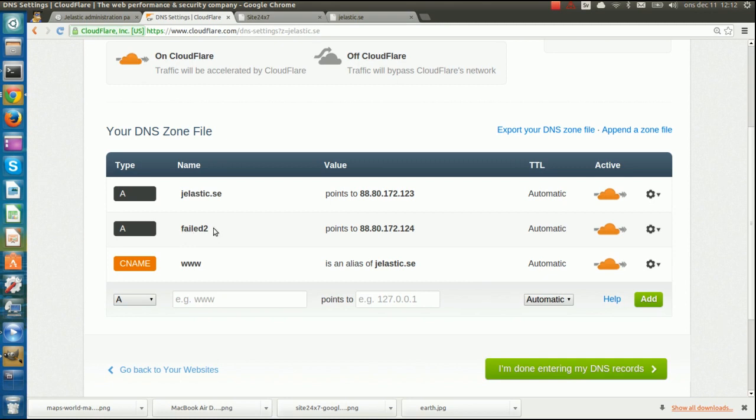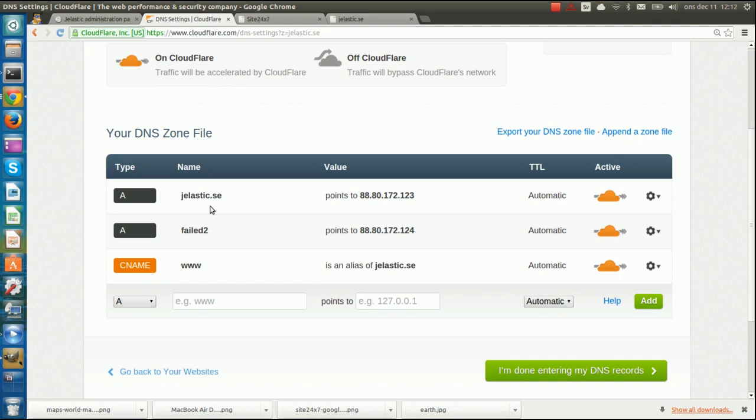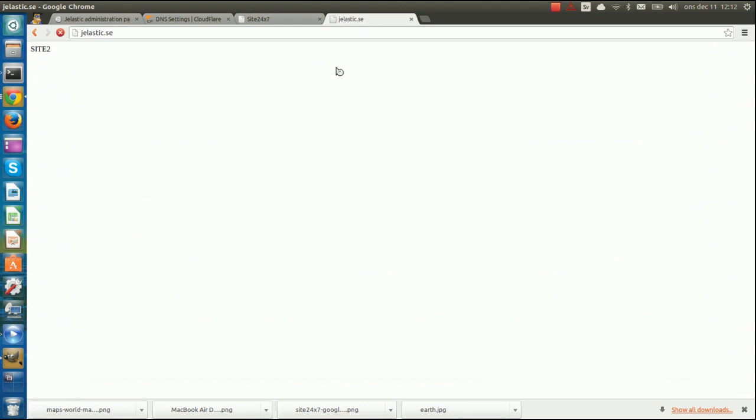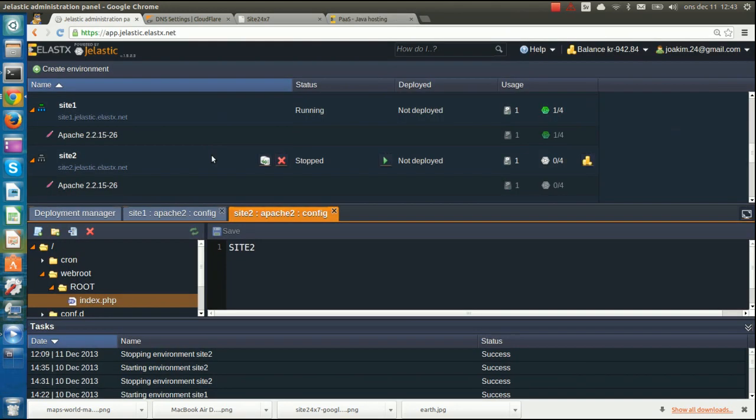So if you would have an error code or something strange on the site instead, you can just surf into failed2.gelastic.se and do troubleshooting and check the site, while all normal traffic would go to gelastic.se. So if we go here and do a reload on gelastic.se, we will be directed to site number 1 instead. Now if we start site number 2 here again,